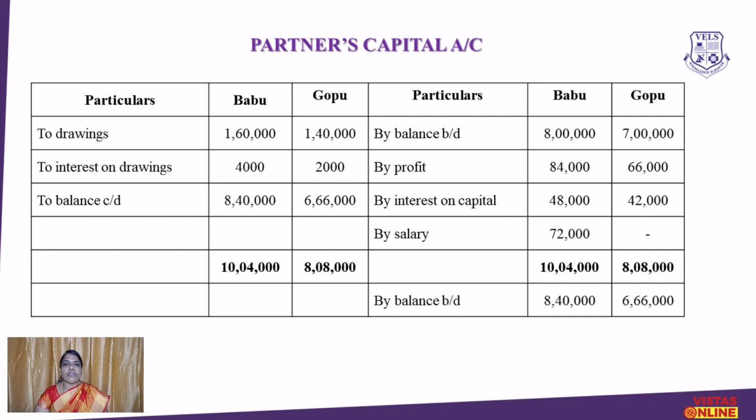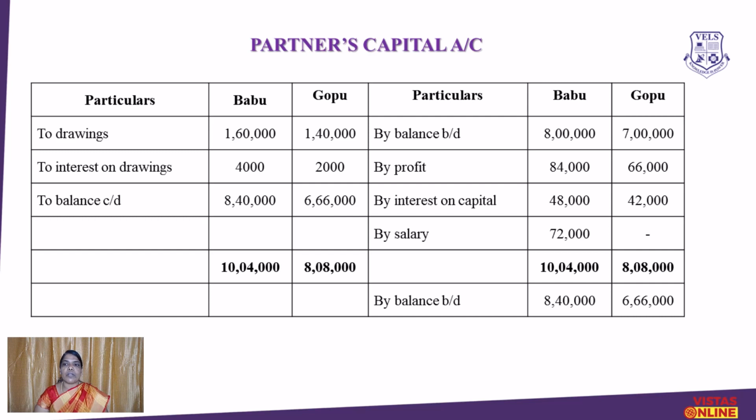When we are totaling it, we will get 10 lakhs 4,000. We will write it on both the debit as well as credit side, 10 lakhs 4,000. After putting the total, we can subtract the debit side amount. We will get the balance 8,40,000 for Babu. So we can write it as balance c/d,